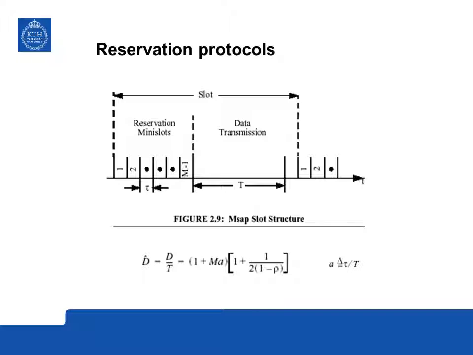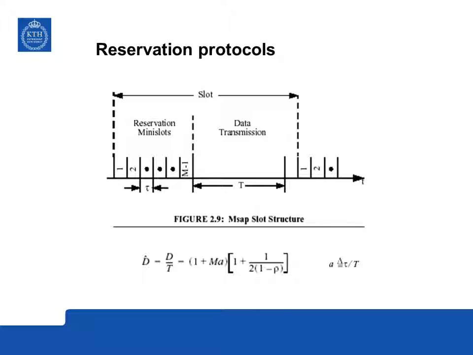All the slots in the data transmission are used as long as there's any packet in any of the buffers of the transmitters; that will be perfectly transmitted, and all slots will be used. So the only drawback we have is that we allocate some time for the reservation, and one way of doing this is